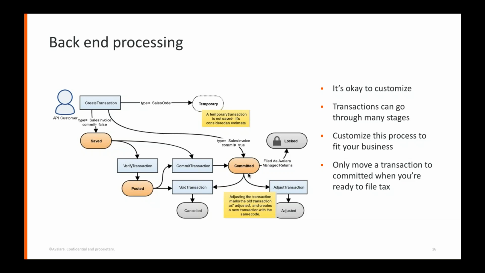I know some companies have multi-stage workflows. Maybe every single order has to go to Bob in the factory, and the factory needs to verify that they've got the products on hand. Then it's got to go to Alice in accounting, who verifies that this is a customer in good standing. Then it's got to go to, you get the idea. It's got to go through all of these different stages of approval. So what you might want to do is match saved to ready for Bob, and you might want to match posted to ready for Alice. And then committed would mean everybody's signed off on it.